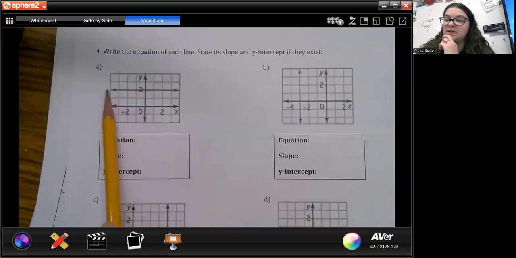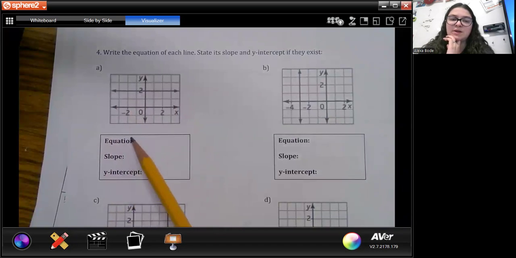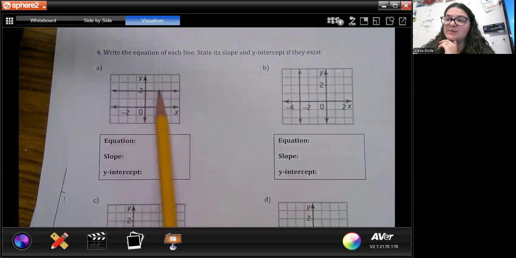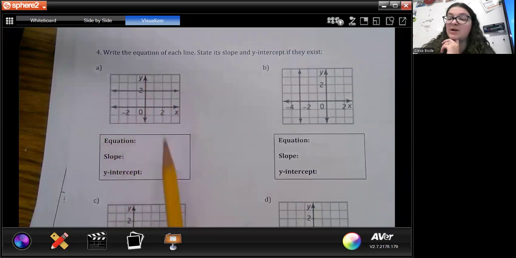So this one, this is our line up here, by the way. This is the line that it wants us to do. So again, this is like out of order. I would always do the y-intercept, then the slope, then the equation. So my y-intercept, where it crosses, this is crossing the y-axis, and it's a horizontal, so my equation would be